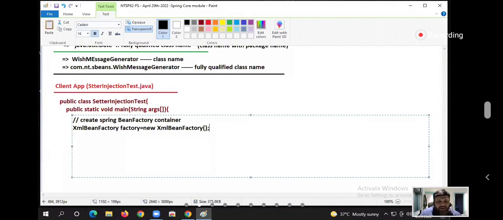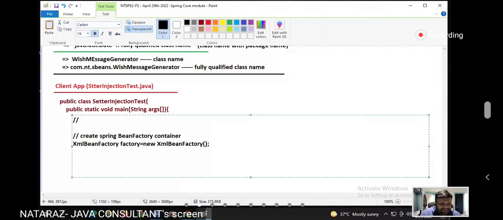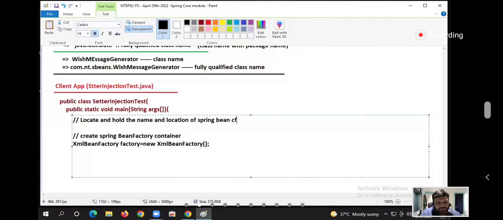But first of all, what should I do, guys? Locate and hold the name and location of the Spring Bean configuration file. Already I have given this logic to you people.